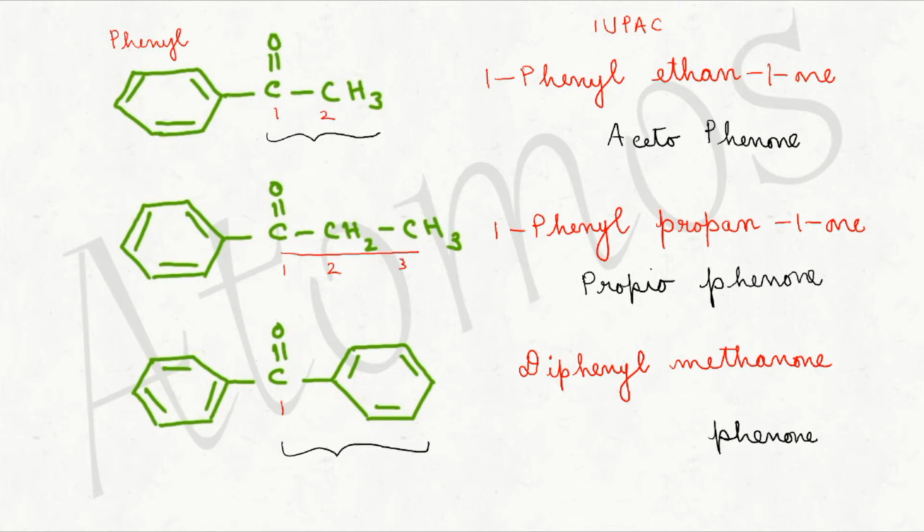Which is that group? That is benzo. Okay, yeah, benzo group. Benzophenol. That will be the name of the compound. It is easy. So always remember, in this kind of compounds compared to their IUPAC name, common names will be used often. So you will have to remember these common names. That is more important. Okay?